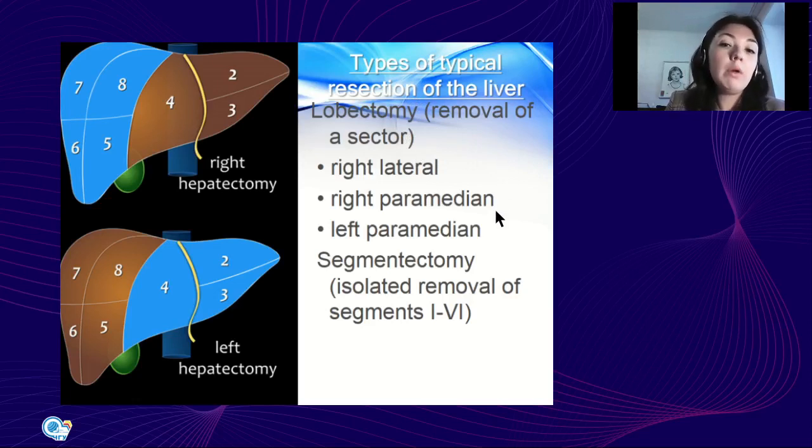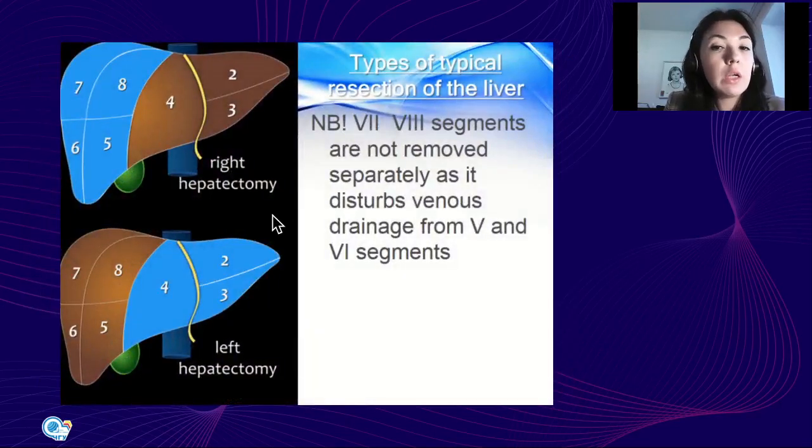paramedian, left paramedian sector. Segmentectomy, it is isolated removal of segments from the 1st to the 6th. So 7th and 8th segments are not removed separately as it disturbs venous drainage from 5th and 6th segments, because venous drainage from the 5th and 6th segments passes through 7th and 8th segments, as we saw in